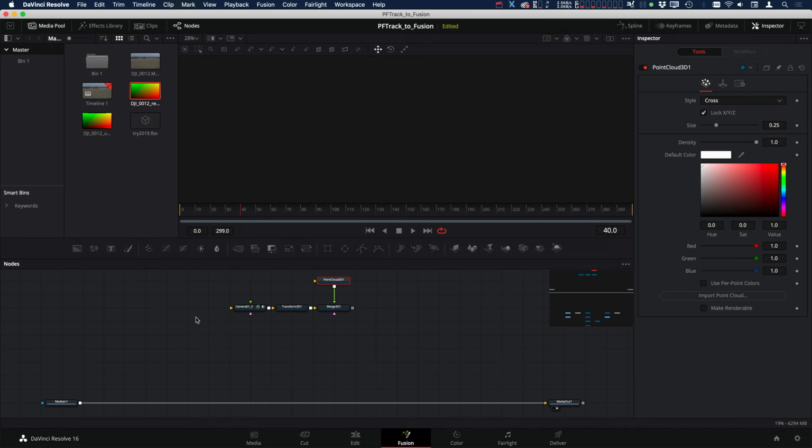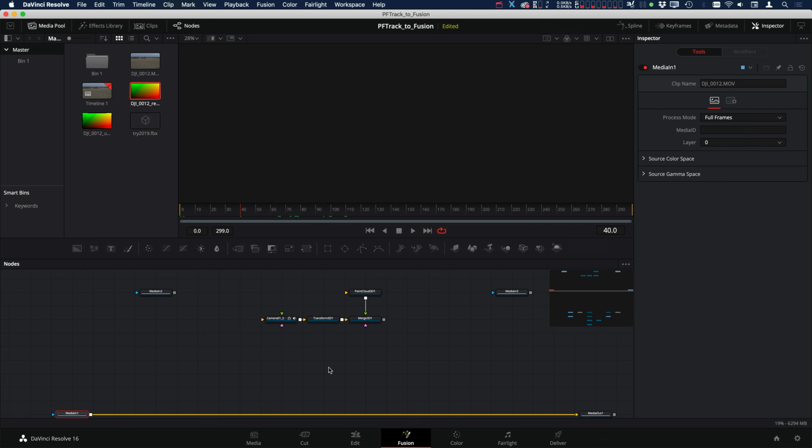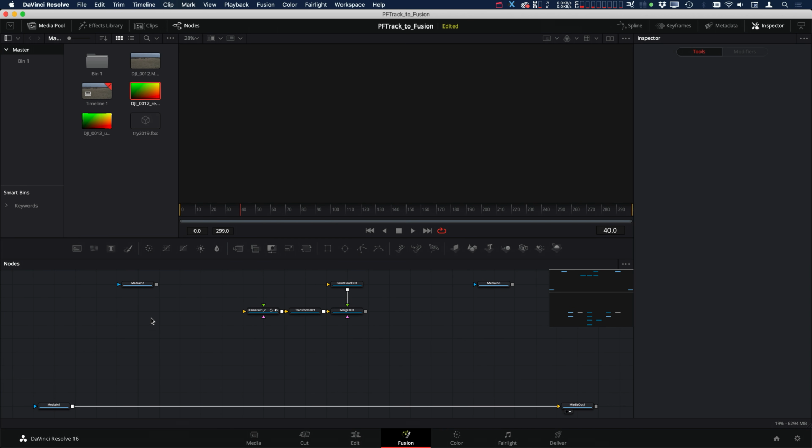Now we just need to bring in our STmaps. So let's bring those in. We have our undistorted STmap and our redistorted STmap. One of the ways we could distort the footage using STmaps was using the texture node. But the texture node definitely has some drawbacks and it's not as accurate as we need it to be for